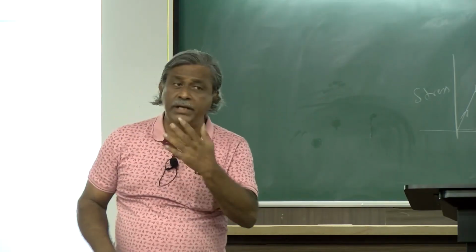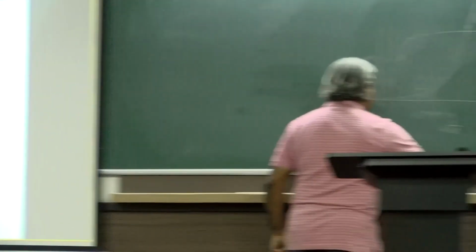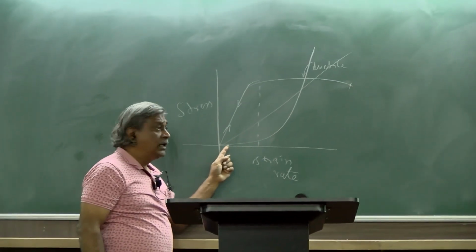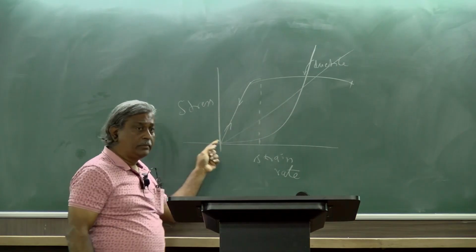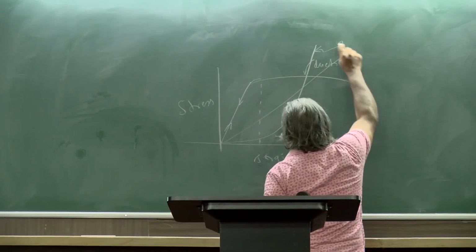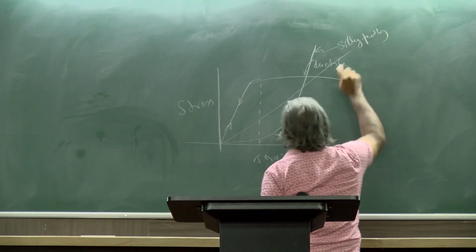Now, the change in water, if I draw like this, it would be something which is straight like this. In contrast to silly putty that you see over here. Are you with me? Yeah. So this is silly putty, this is silly putty. Whereas this is